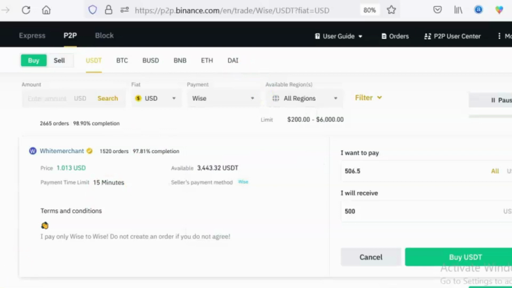And if you make payment and you do not click on the transferred within the 15 minutes limit specified, it could spell trouble for you, in that the implication is that that guy will just have the USDT released back to him. Why? Since you have not said you've made payment. So it's very crucial that you click on the transfer, immediately you make payment within this time limit,